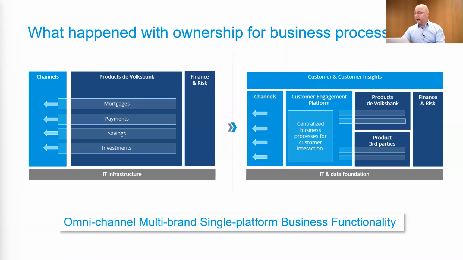Indeed. And the last bit here that we should discuss is that you see there is a new business capability established over there. So we have the capabilities offering products and services, but making that go to customers seamlessly. That is what happens here in these centralized customer interaction processes.